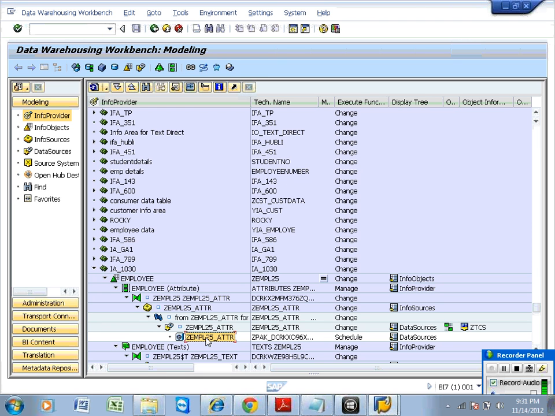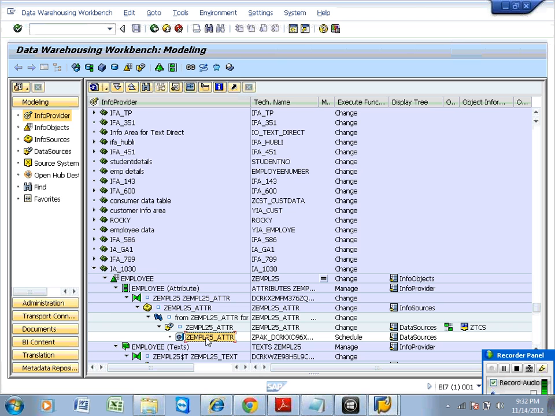Your data source is connected to transfer rules, connected to the info source, connected to update rules, connected to your data package. And this is the attribute data structure. Using that you can transfer the data into the PSA, then into your info object.